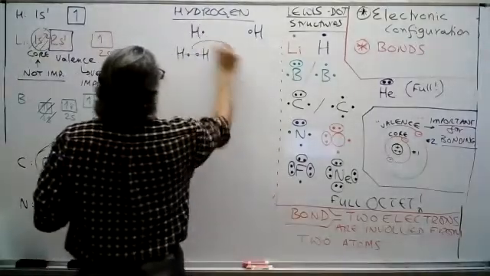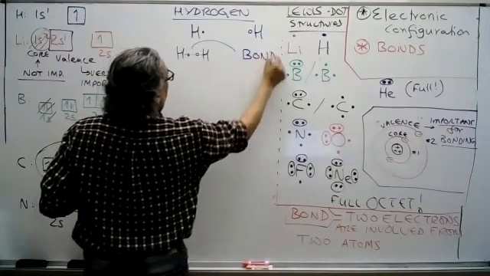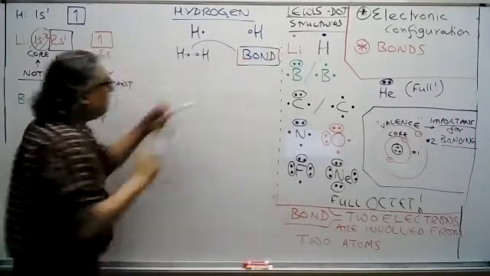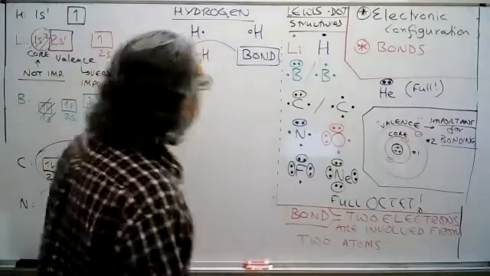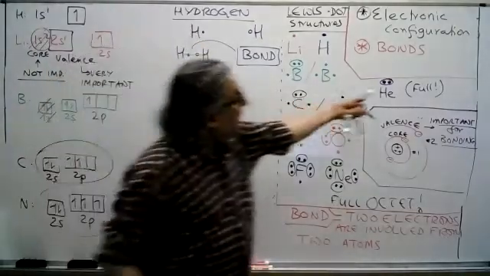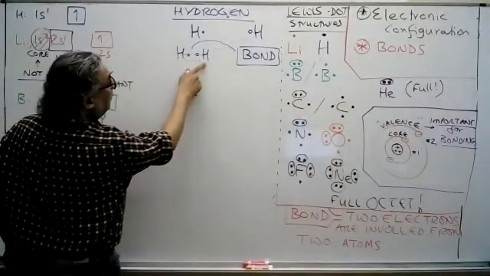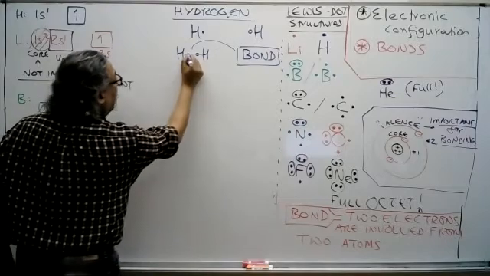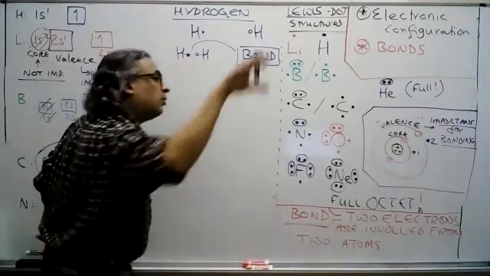This is a bond. And this bond is happening because hydrogen wants to look like helium. After hydrogen 1 has bonded with hydrogen 2, it has its own electron and it has access to a second